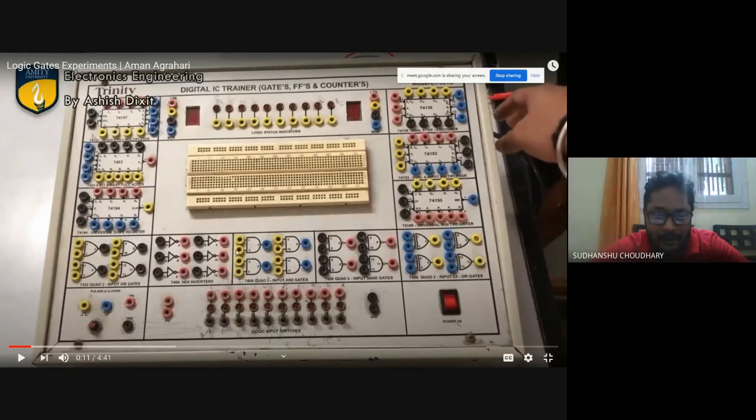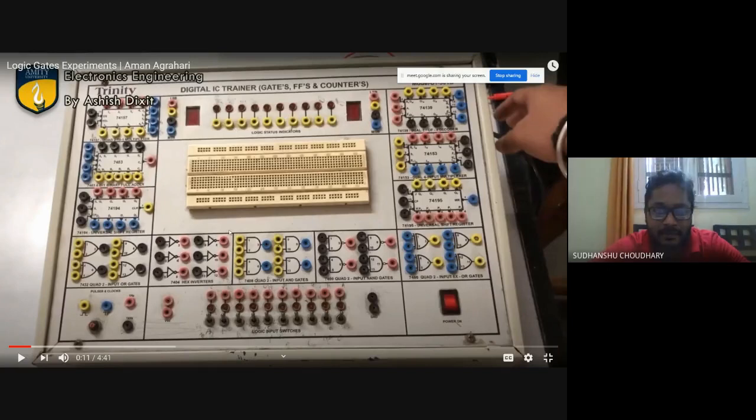Now if I want to verify this 2 input AND gate, I'll simply connect my logic inputs to pin number 1 and 2, and I'll connect the output from pin number 3 to this logic status indicator.